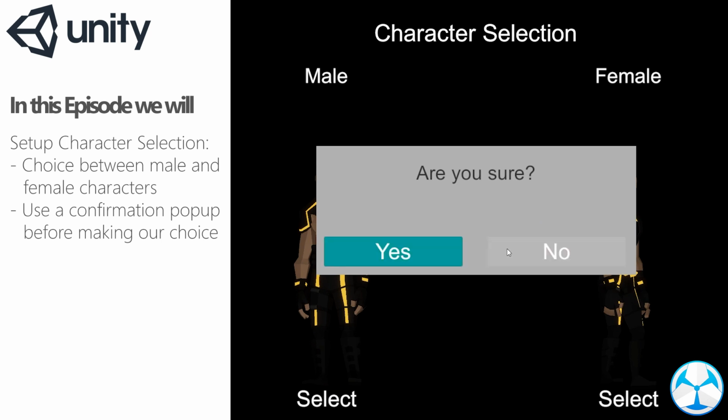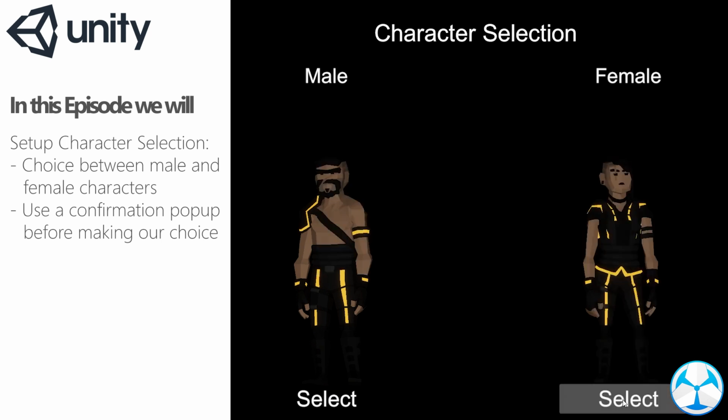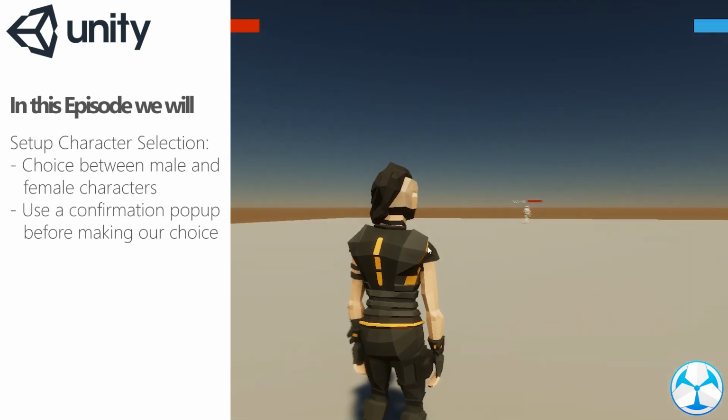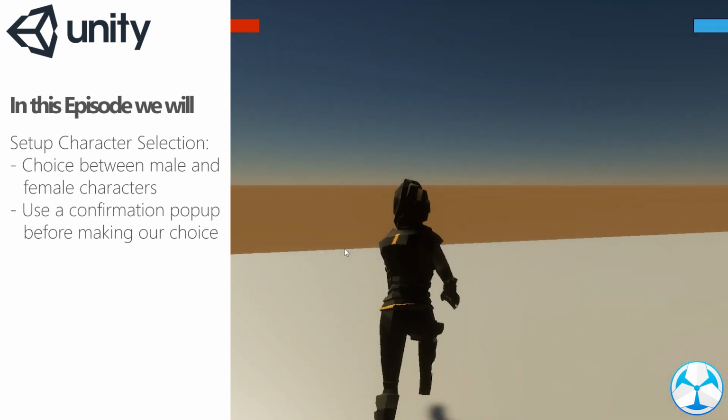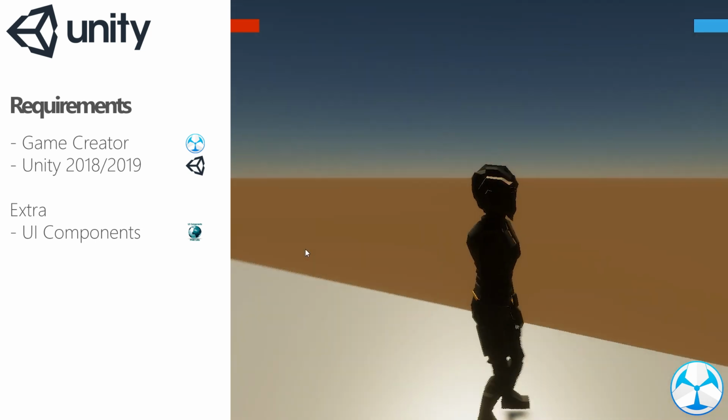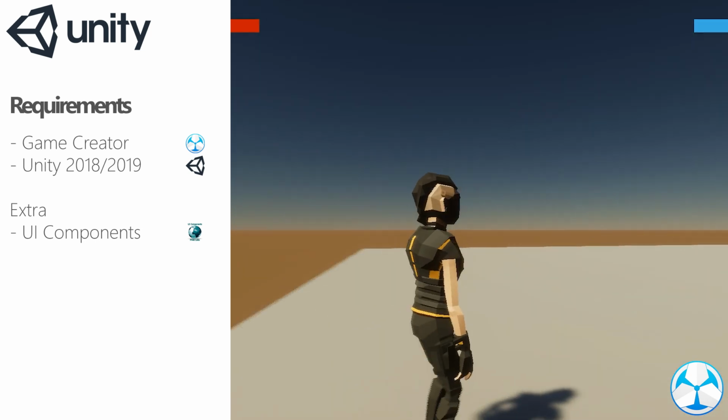of a standard. For this tutorial I am using the UI components module to display 3D characters in the UI, and I'll be using Synty models as an example. This will obviously work with whatever character models you have. In order to do this, we will need Unity, Game Creator, and the optional UI Components module if you want